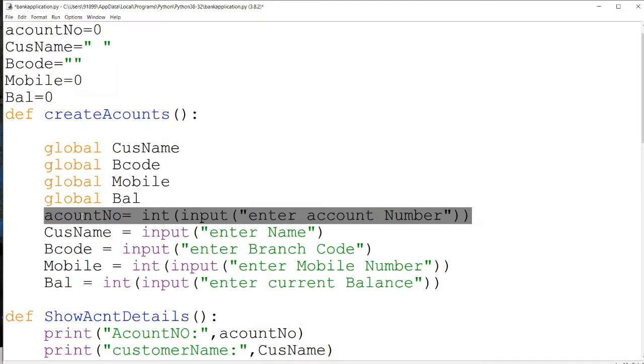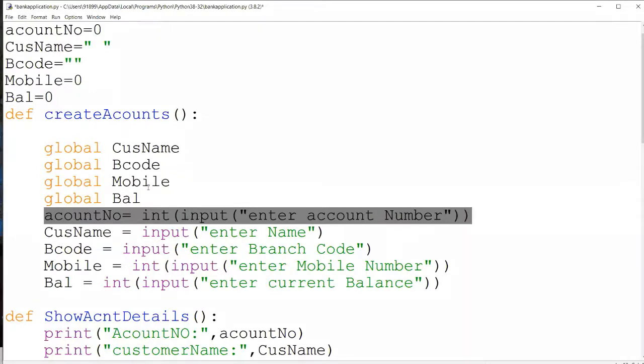That means this account number is another variable, created within this function, and it can be used only here. Whatever value you pass, it cannot be updated in the global one, and any change you make here won't update there. If you try to access account number from outside, it will give you 0, because the global value is 0, while the local value you set is something else.